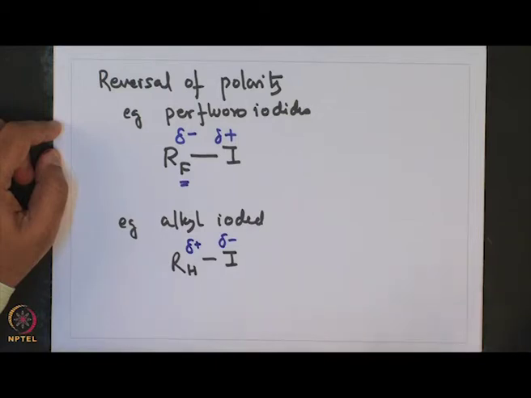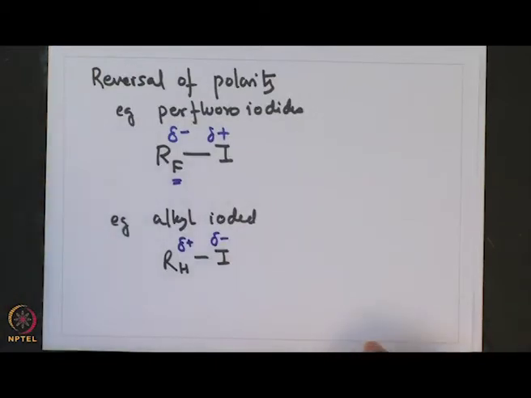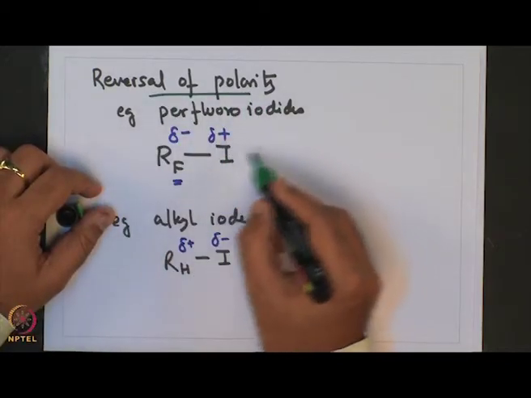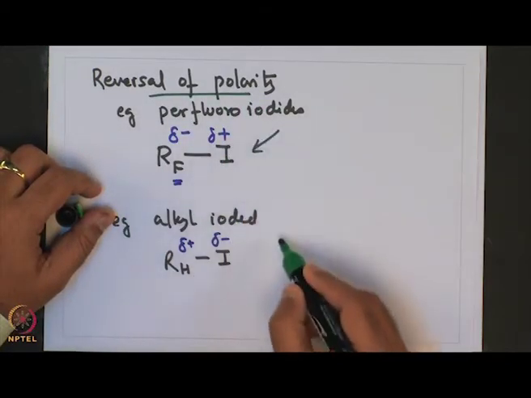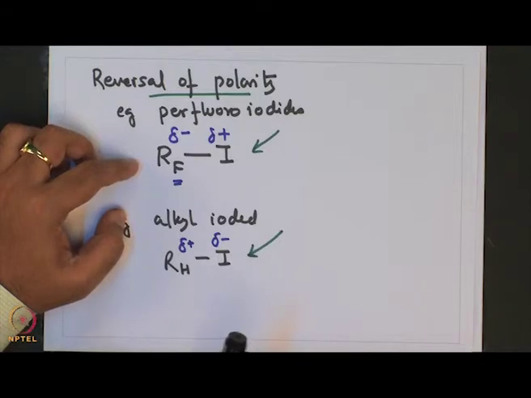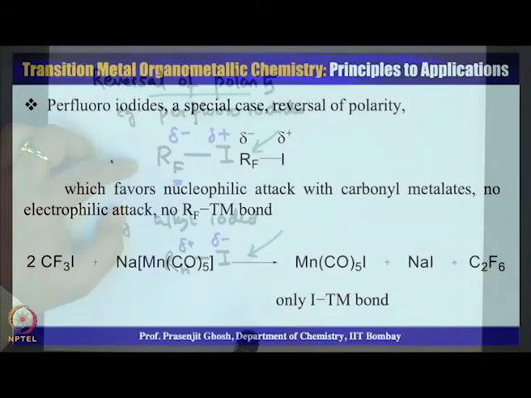So, these two demonstrate that there is a reversal of polarity if one were to look at this bond or this bond, and no wonder they show very different reactivity,